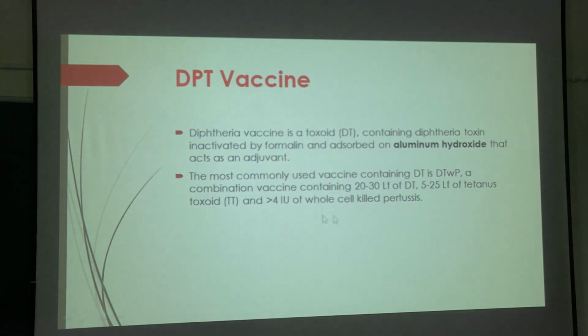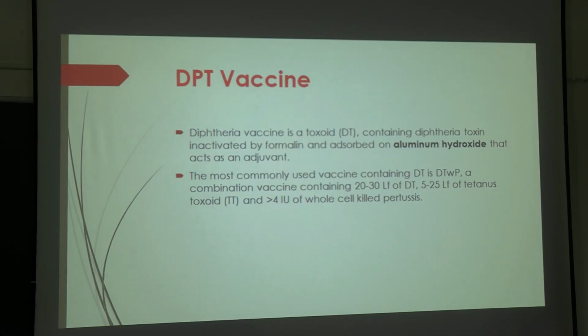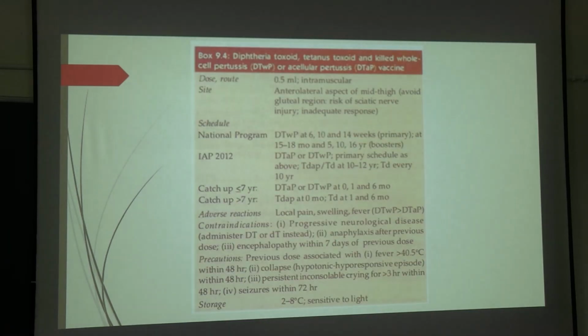Right? That contains 20 to 30 Lf units of diphtheria toxoid, 5 to 25 Lf units of tetanus toxoid, and 4 units of pertussis. এইগুলো যদি মনে না থাকে, মনে রাখার কোনো দরকার নেই, ভায়ালটা তোকে ধরানো হবে, দেখে দেখে বলবি, ওখানে লেখা আছে। পরীক্ষার হলে আমি জিজ্ঞেস করলাম, সে ভাবছে যে আমাকে এগুলো মনে রাখতে হবে। আরে মনে রাখতে হবে না, লেখা আছে ওখানে, দেখে পড়, ঠিক আছে? ওটা জানতে হবে যে ওগুলো লেখা আছে ওখানে। সো দিস ইজ দ্য চার্ট অফ ইউর ডিপথেরিয়া।